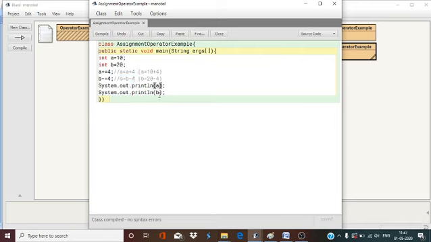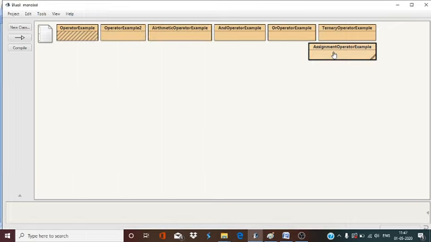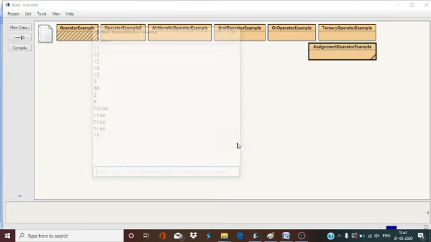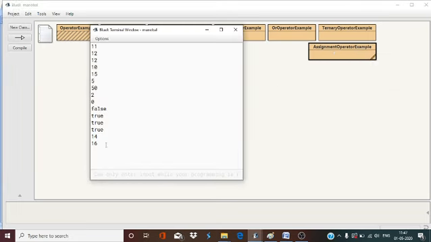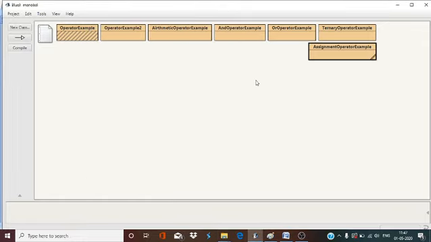Now if we print a and b, what will we get? We will get 14 and 20 minus 4, which is 16. You can see here, 14 and 16. Why? Because this is the assignment operator: plus equals, minus equals, and many more examples.